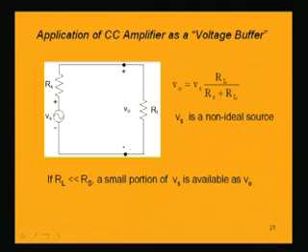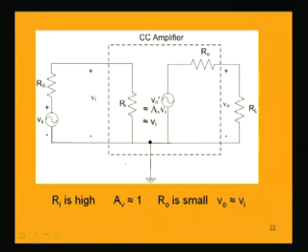Now why is this common collector amplifier being used? There are particular reasons. So look at this circuit. Here this common collector amplifier is inserted as a buffer stage between the source and the load. Now we are applying a source Vs having a source resistance Rs. Rs is high compared to the load resistance RL,